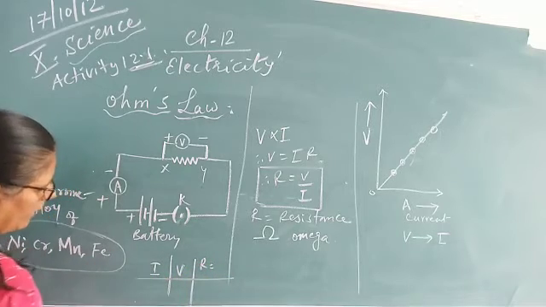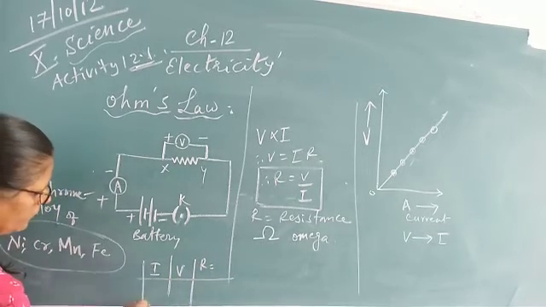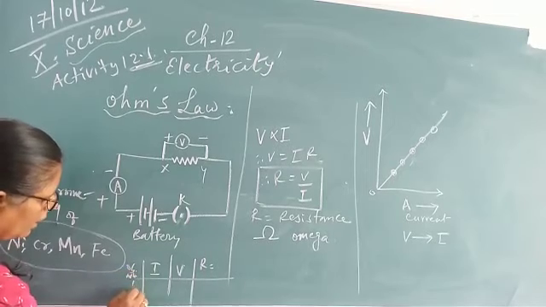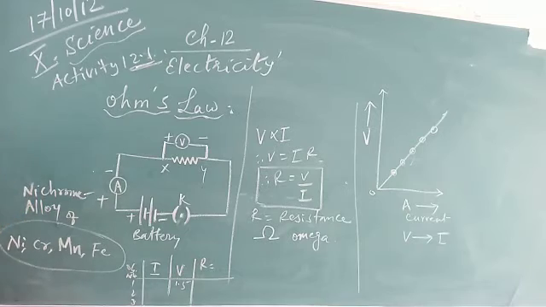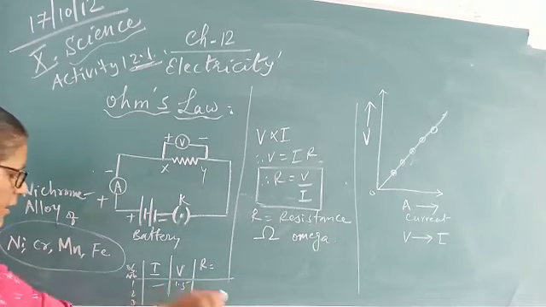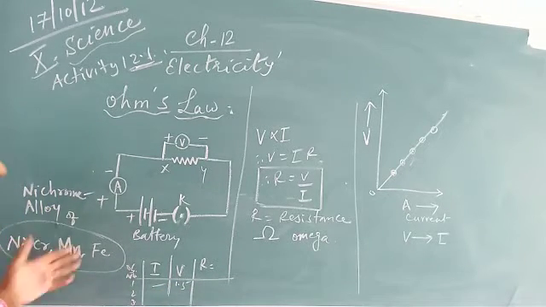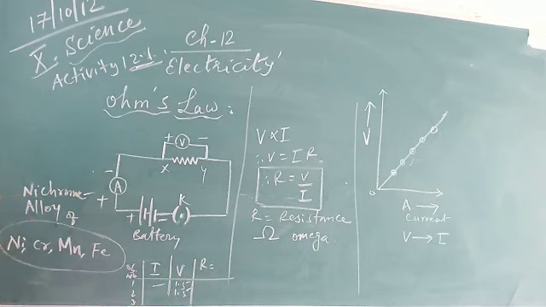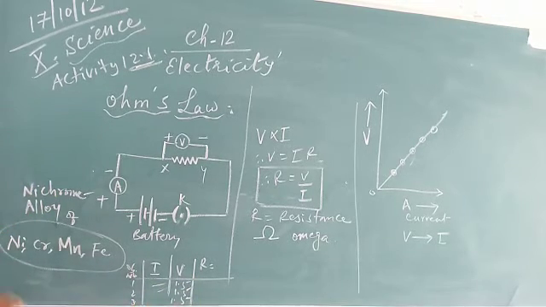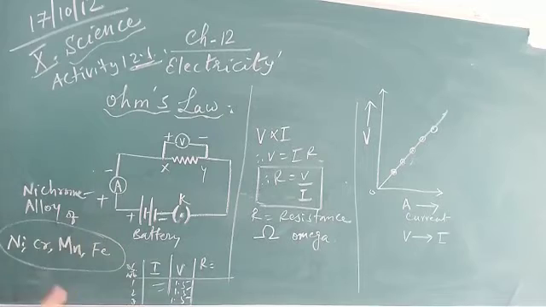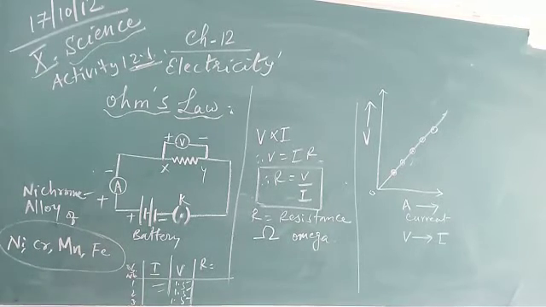So you prepare one table, you note down the observation number 1, 2, 3. First, what is the current, and the voltage is 1.5 volt. So what is the current? You note down the observation here. Now add another battery having 1.5 volt. Again note down this observation. Then a third cell, and note down the observation in the ammeter. In this way we will connect 4 cells of 1.5 volt, and each time we will note down the observation